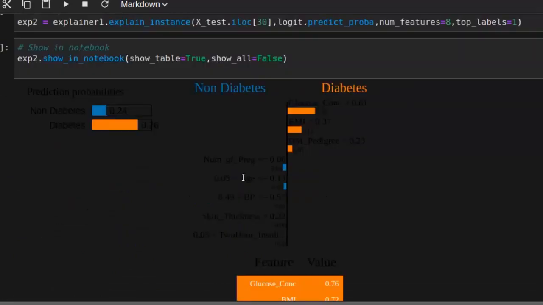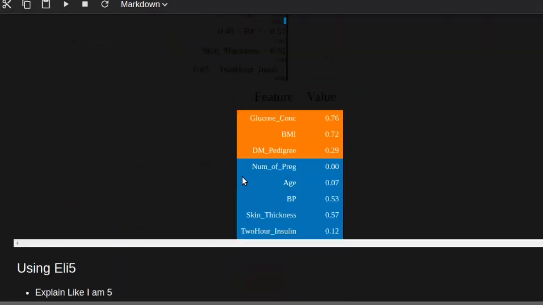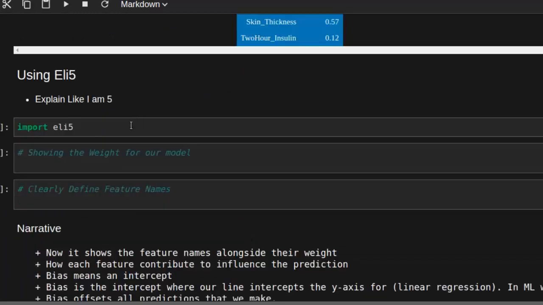So we have been able to do and understand using 2 methods, SHAP and then LIME. Now let's see how to do that with ELI5, Explain Like I'm 5. So I'm just going to import this one, ELI5. Then I'm just going to show the weight of it. So it's going to be quite simple. eli5.show_weights